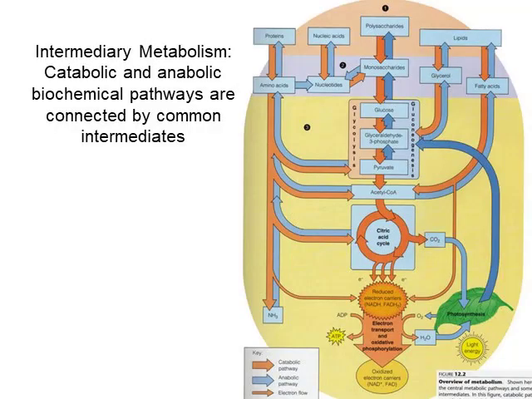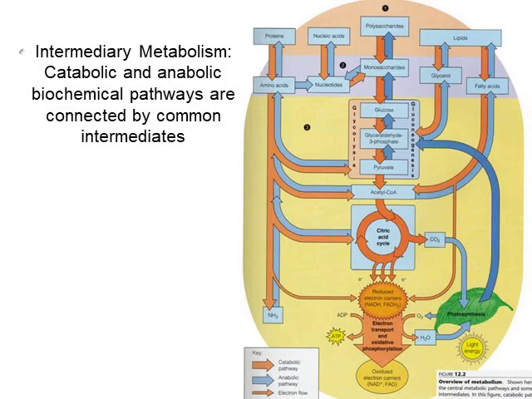Now that we have a basic understanding of what happens during cellular respiration via the reactions of glycolysis, pyruvate oxidation, the citric acid cycle, and oxidative phosphorylation, I'd like to spend some time focusing on the regulation of this central metabolic pathway. As we've discussed before, intermediary metabolism describes the situation that we see in cells in which catabolic, or